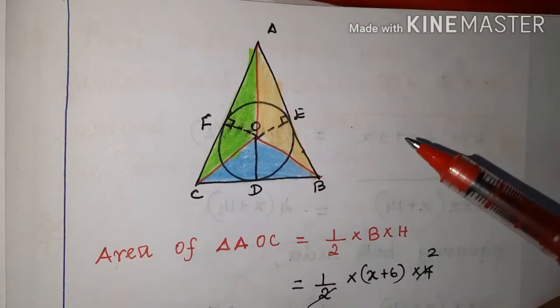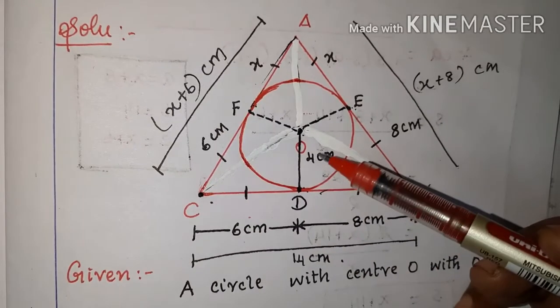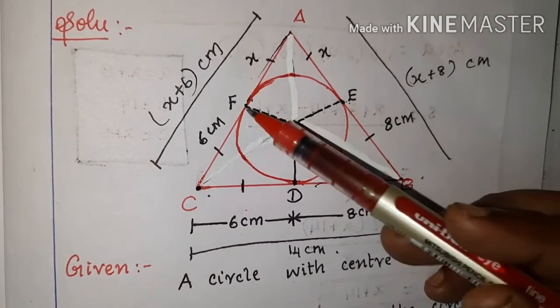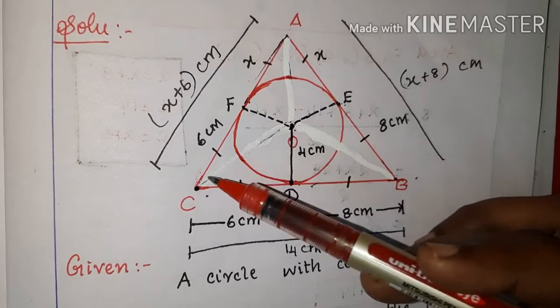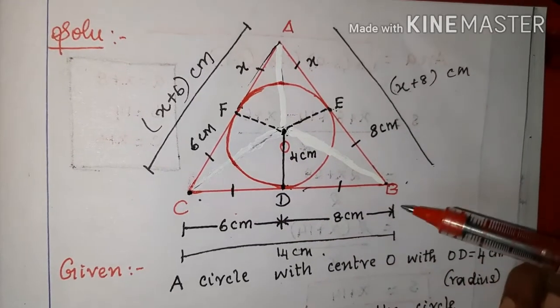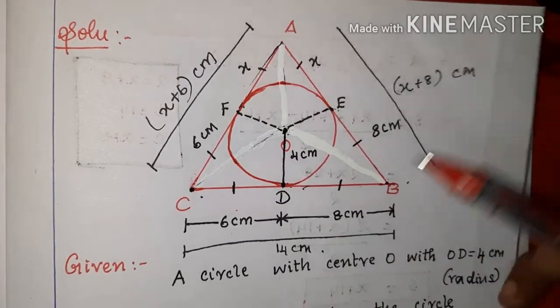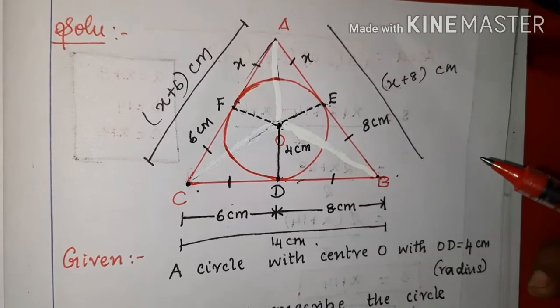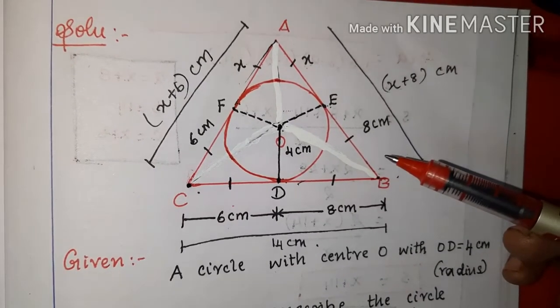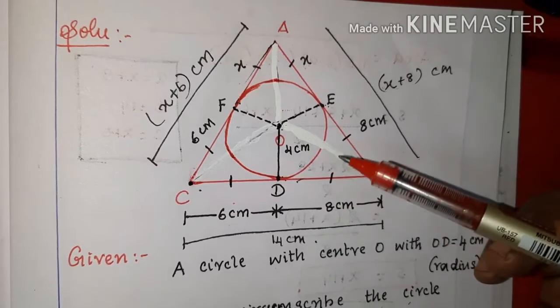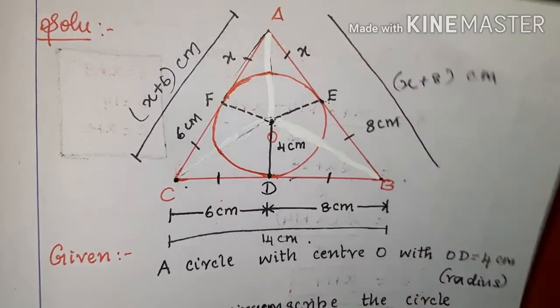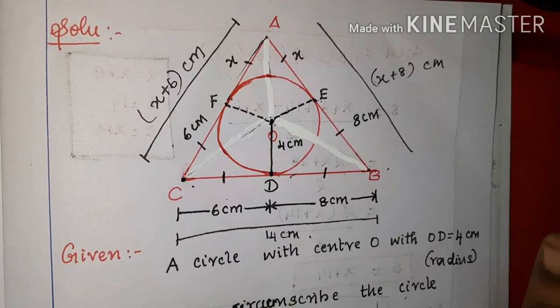Now, first you had a figure like this, that is, we just joined the points of contact, and then we found the sides, and using Heron's formula you found the area. Now using another method we are going to find the area. Whatever method you apply, the area value will be the same, isn't it? So using that concept only we are going to find the unknown side.